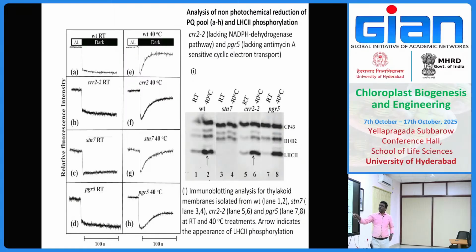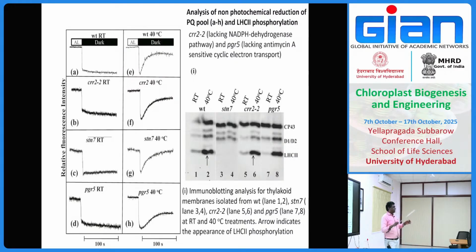This is cyclic electron transport. What we have connected is linear and cyclic electron transport. In the wild type, this is linear. When you incubate cells or leaves at 40 degrees, they will induce state transition conditions through cyclic electron transport. What we have shown from this data is that in regular light conditions, they don't induce state transitions. When there are stress conditions, such as 40 degrees, anaerobic condition, or any other stress,